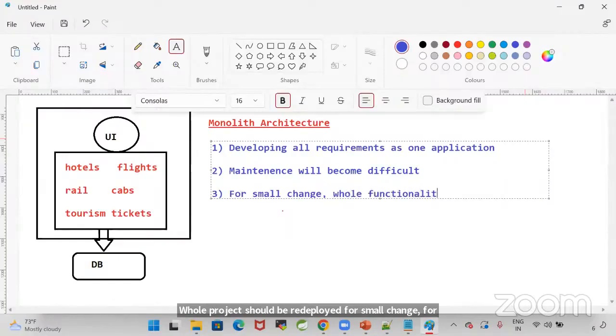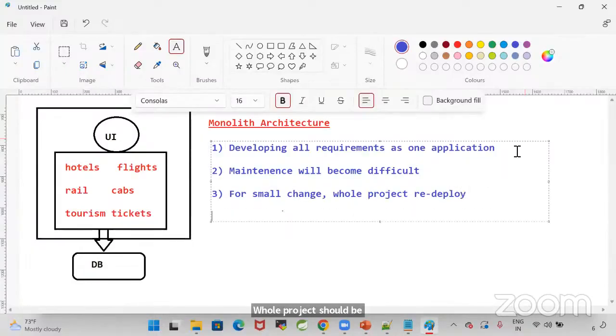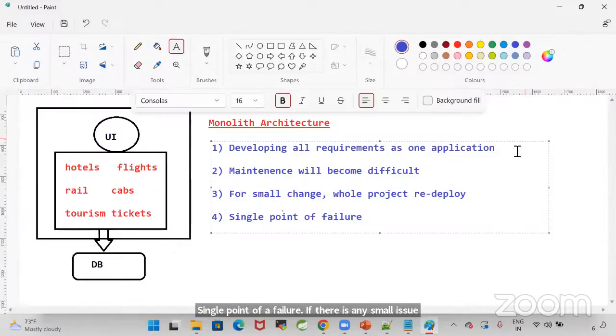Whole project redeployed. Single point of failure. If there is any small issue in the project, then the complete project is going to collapse. The whole project is going to be down when there is a small issue in the project.